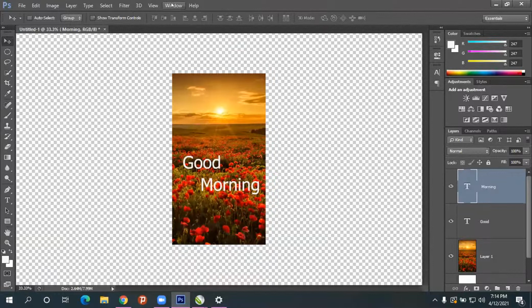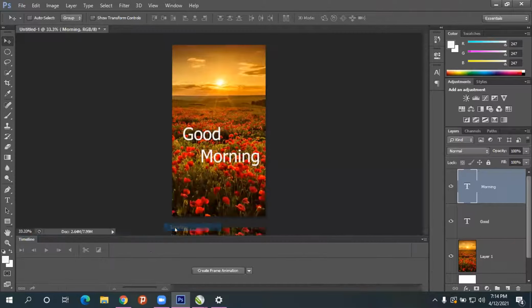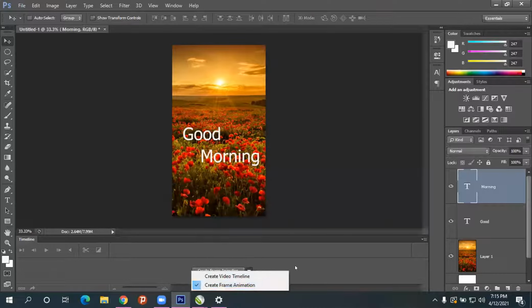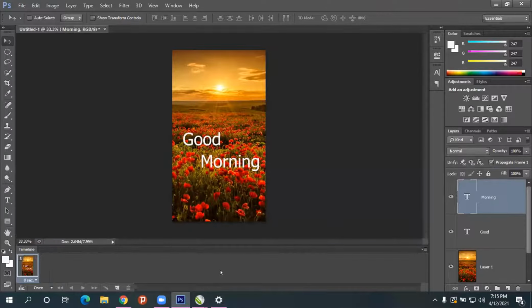If it is not there, go to window and enable timeline. So at the bottom, we'll be seeing one small box, the timeline box. In that, click on this icon, drop down menu. Select create frame animation, not video timeline, create frame animation. And after that, click on frame animation. That's it. Don't do anything.